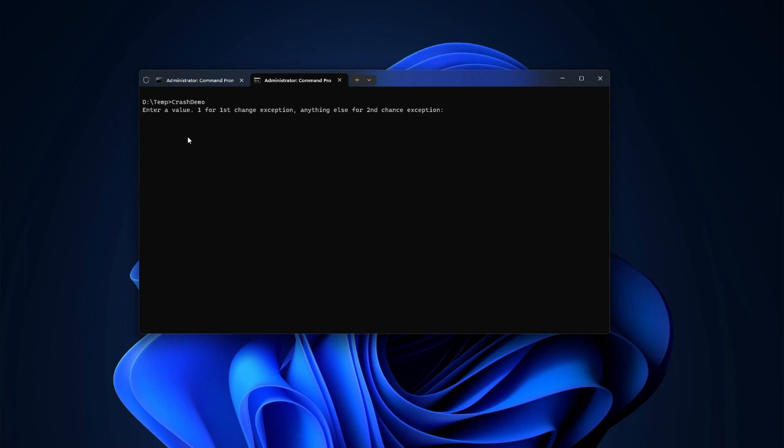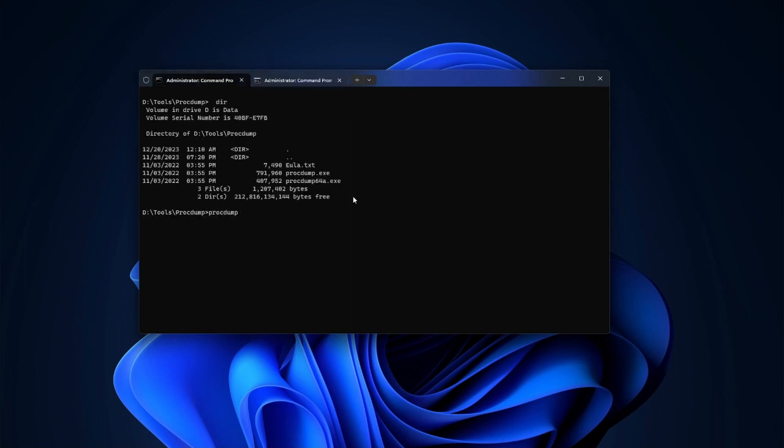Okay, so you already know about first chance and second chance exception. If I enter 1, it will throw a first chance exception. If I enter anything else, it will throw a second chance exception. So now if you see, the process is already running. The name of the process is crash demo. And if I go to the task manager, I will see this name along with the PID, the process ID, in the task manager. So I come here and say